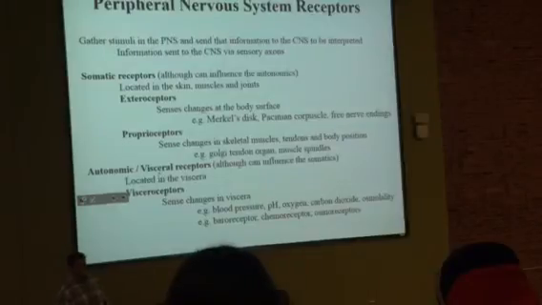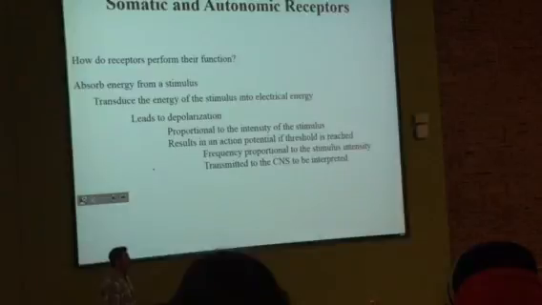All right, and they have special names, and we're going to go back to these names when we get to the very end of this chapter. Okay, we're going to come right back to this particular page, on the last page. We're going to put everything together. Okay? Now, it doesn't matter if it's a somatic receptor or an autonomic receptor. The way they work is exactly the same. How does a receptor